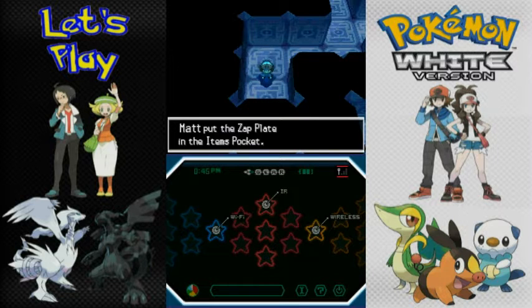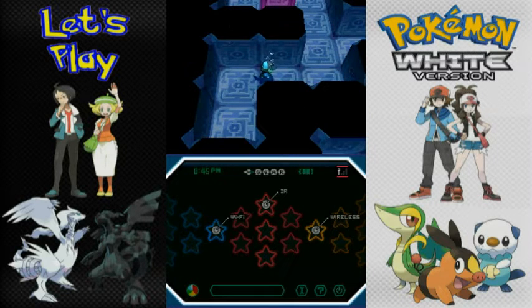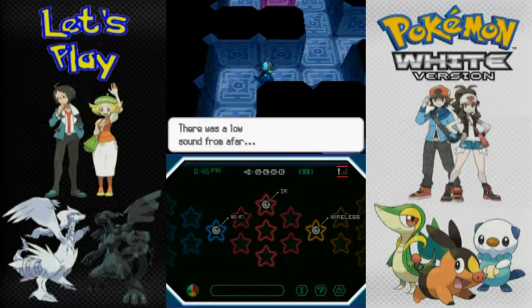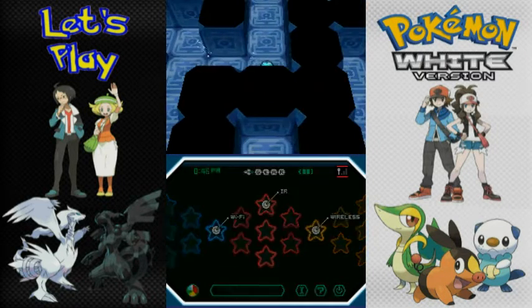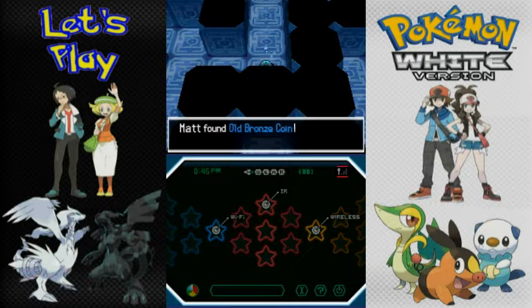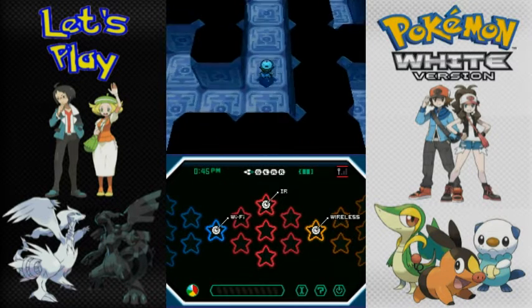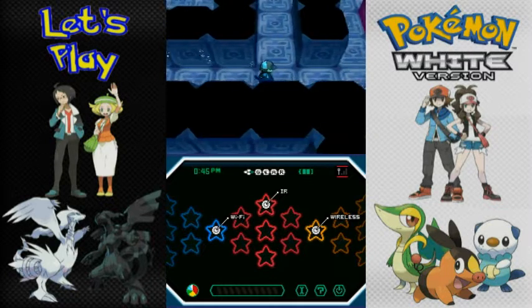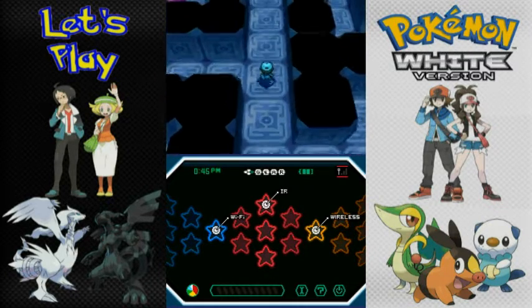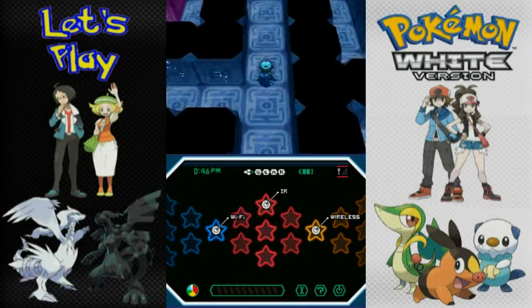If you do not grab all the items, you'll see it stops all of a sudden. It says there was a low sound coming from afar. That's because the current's coming in. If you don't get all the items before a certain time, you'll be washed out, and you have to just try again. Now, a lot of these items in the Abyssal Ruins, this is a gigantic maze if you couldn't tell,